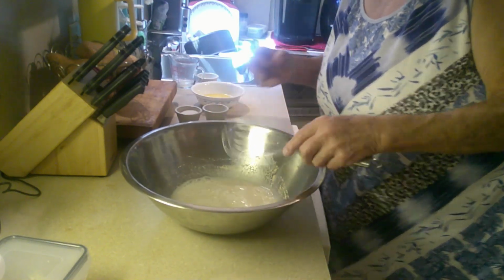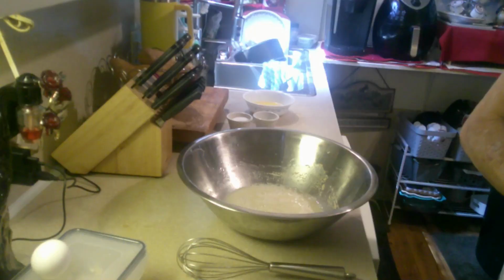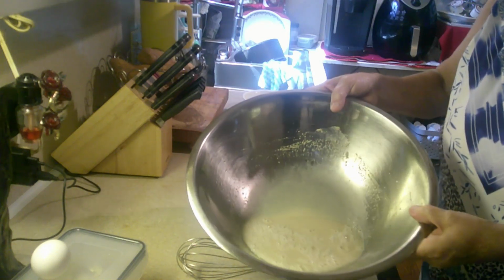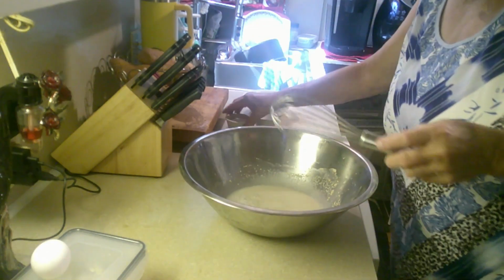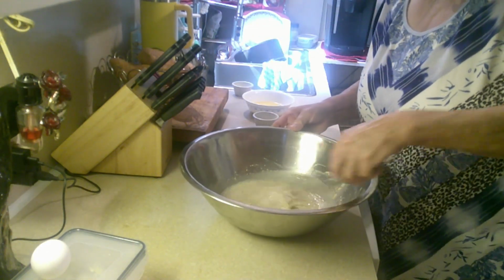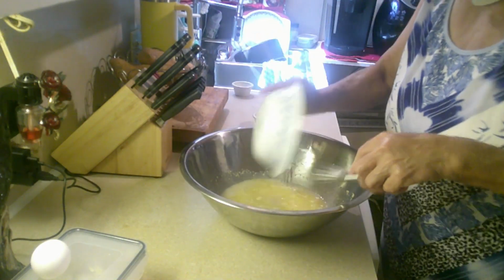Okay, it'll take probably around 5 minutes. Our yeast has poofed. Can you see it? It just makes real pretty little bubbles. Okay, we're going to put 3 tablespoons of sugar, a half a stick of melted butter,